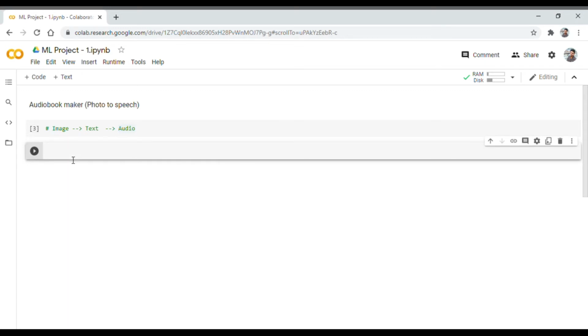To begin with, we have to install some files. The first one is an OCR engine. OCR stands for optical character recognition.